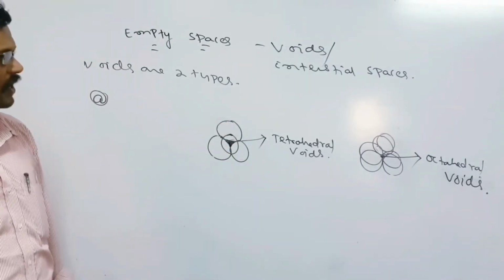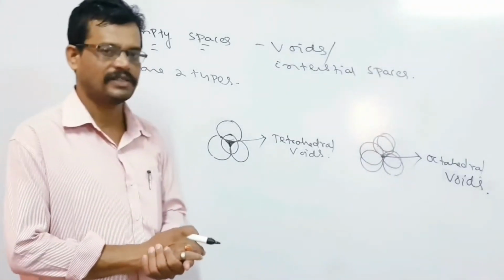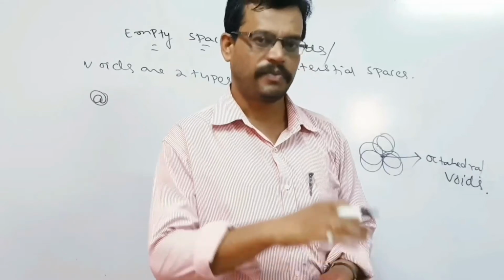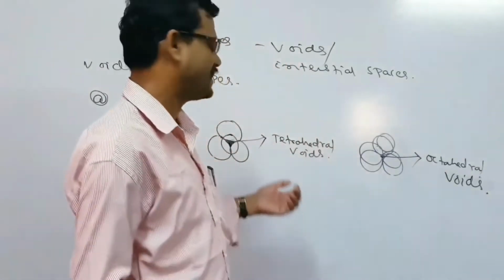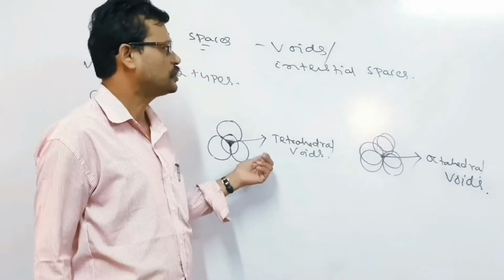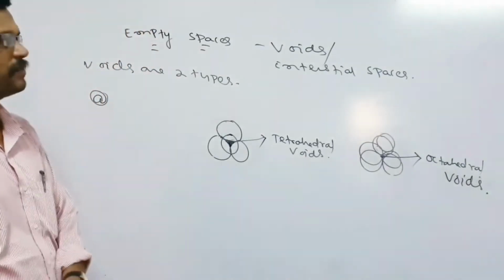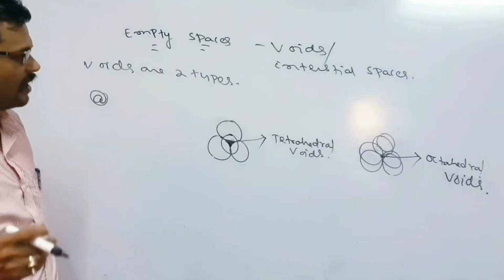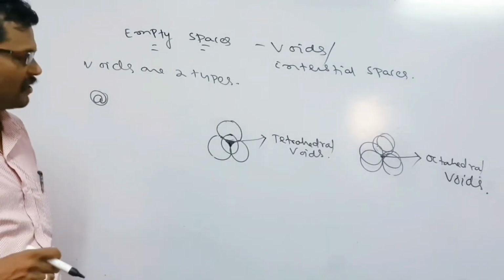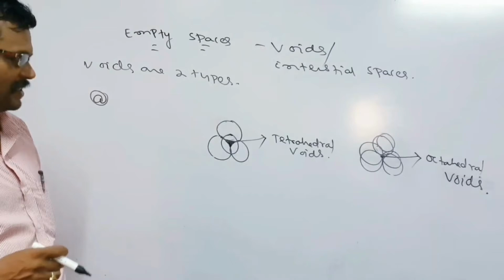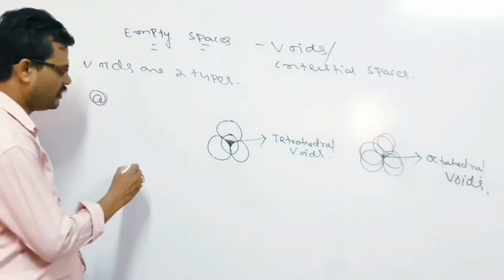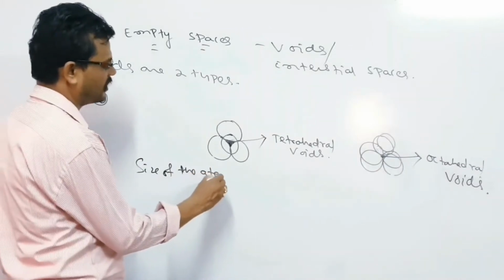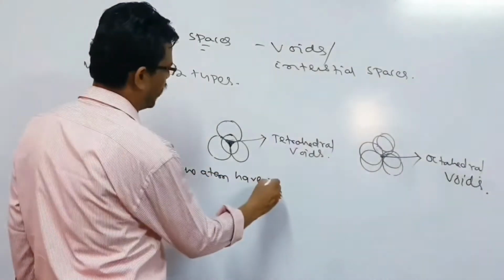Okay. So actually, whenever you arrange crystalline solids, what happens here? Some spaces are left between the spheres. What is the space left? Those spaces you can call interstitial spaces, or voids. Once again, if you take the size of the atom and the voids, if the size of the atom has radius r,